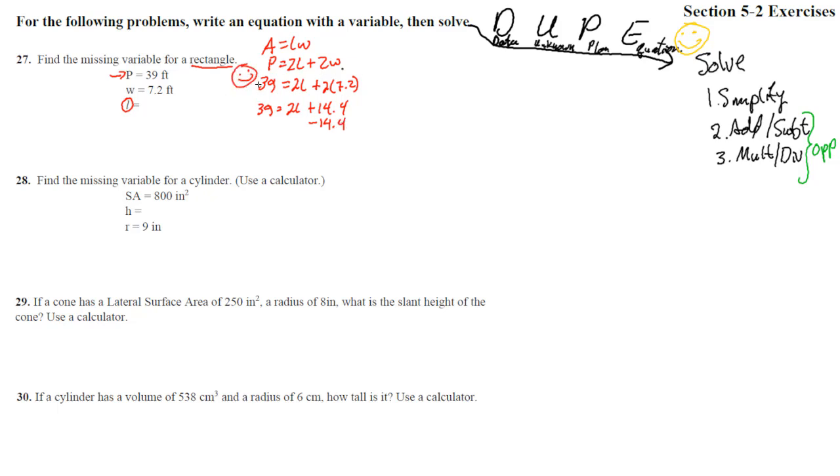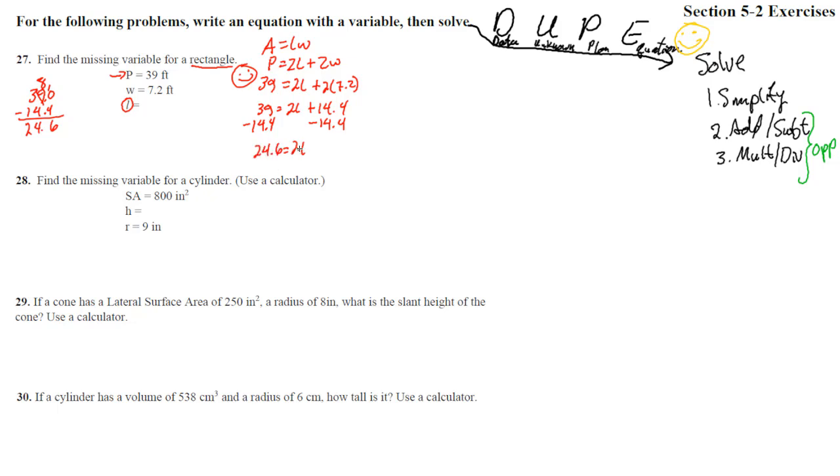Look at that. We have an equation. We know how to solve it. See, once you get to this point, you have duped it. You're now in math land. Minus 14.4. So we get 2L equals 39 minus 14.4. Put a 0 there. Borrow, 10 minus 4 is 6, 8 minus 4 is 4, 3 minus 1 is 2, 24.6